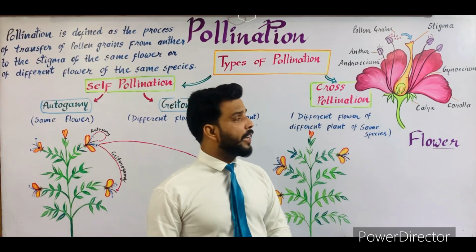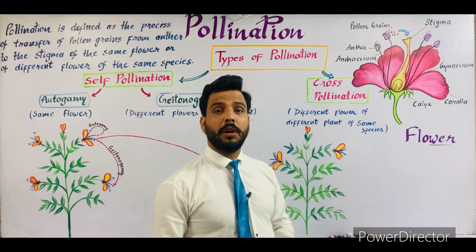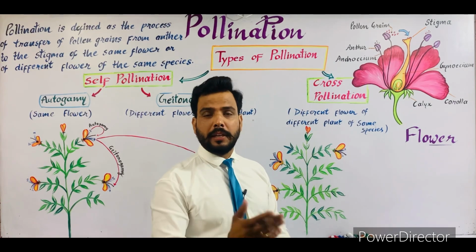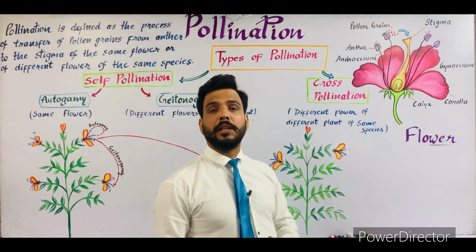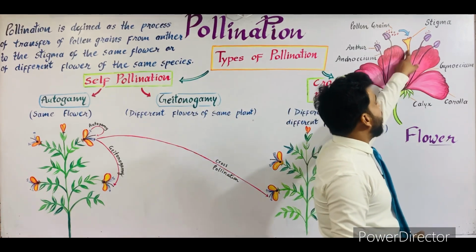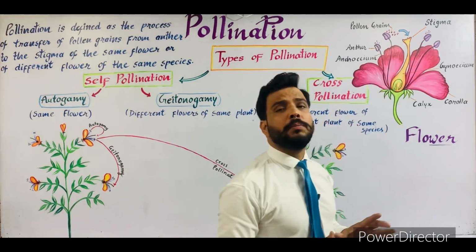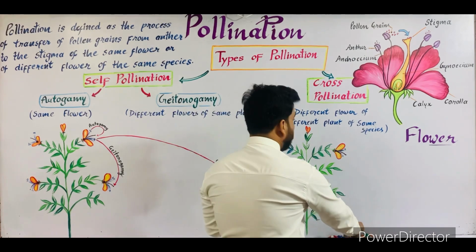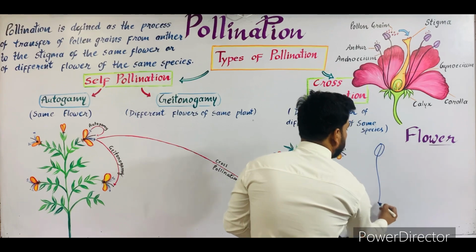As you can see in this diagram of a flower, there are a total of 4 whorls present in a flower. The outermost is calyx, the next one is corolla, another one is androecium, and the innermost whorl is known as gynoecium. So in this diagram, this is the gynoecium, and these are the androecium. Androecium is the male organ while the gynoecium is the female organ, and the single unit of androecium is known as stamen. So it is a stamen,